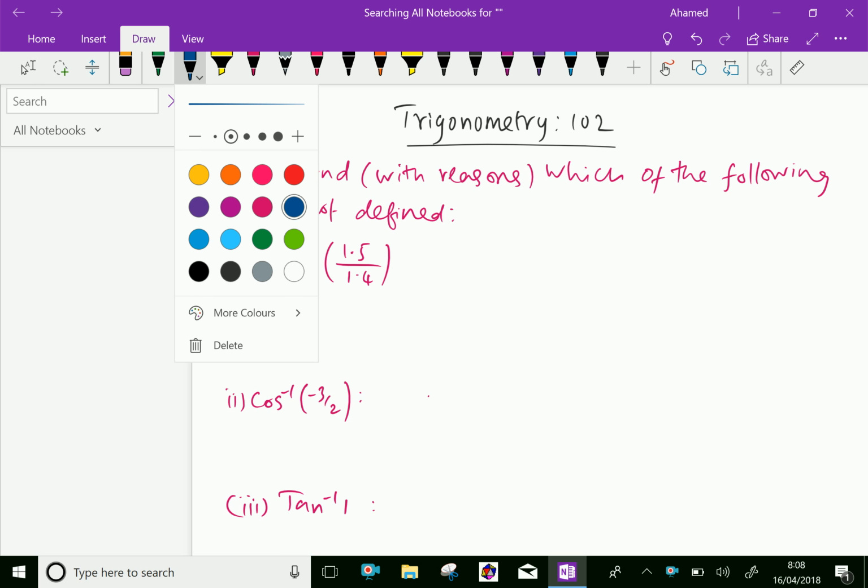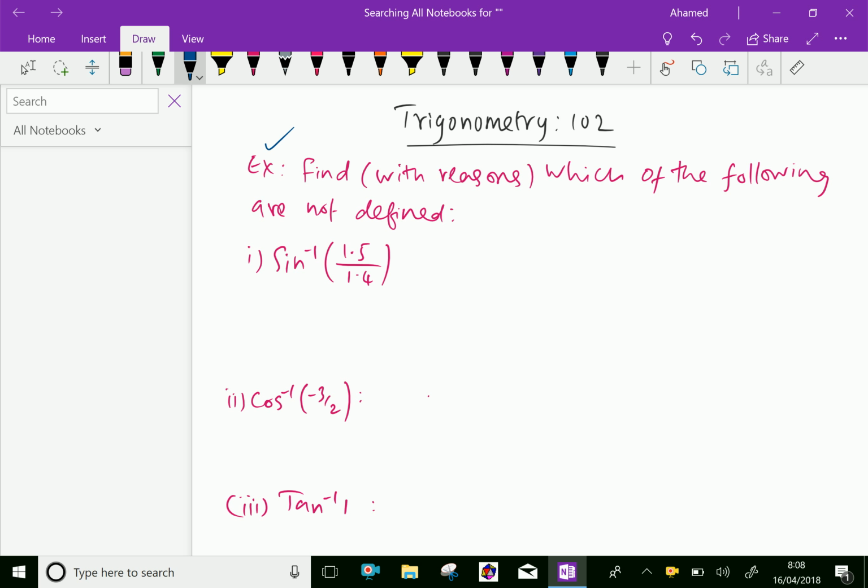Welcome to aminacademy.com. In trigonometry, let us do some example problem regarding inverse functions. Example, find with reasons which of the following are not defined. First one, sine inverse 1.5 over 1.4